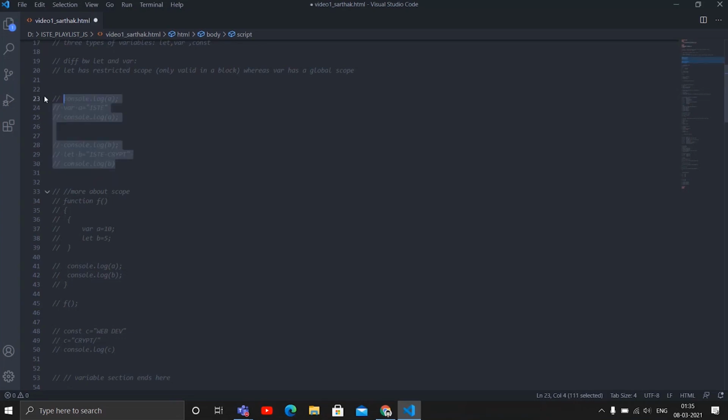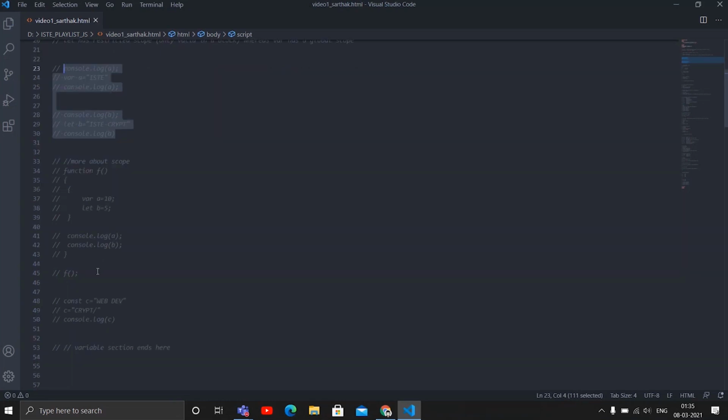Okay. So if you know what functions are in C, C++, or any of the programming languages that you know, with the help of a function, you will clearly understand what I mean by scope. So see, this is the function and this is the scope. I've defined var a equals 10 and let b equals 5. Since var a has a global scope, a will be valid over here too.